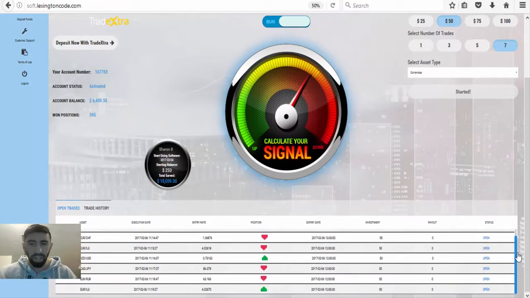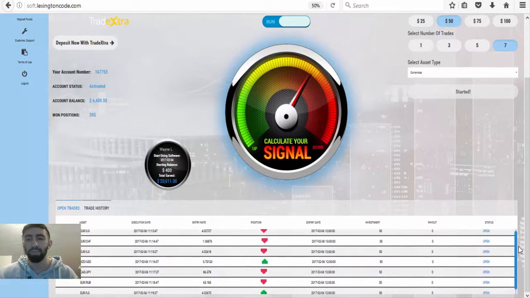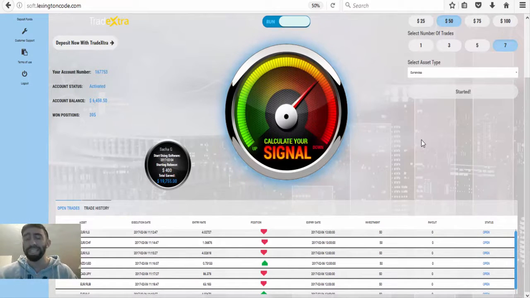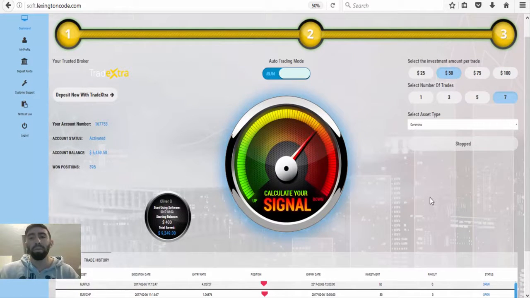So we have a total of 7 trades altogether, and it seems by all the expiration times, all of these trades are going to expire around 1200 GMT. It is almost 11:30 GMT, so most of these trades are going to expire within the next half hour or so. So basically what I'm going to do, guys, is just pause this video real quick,